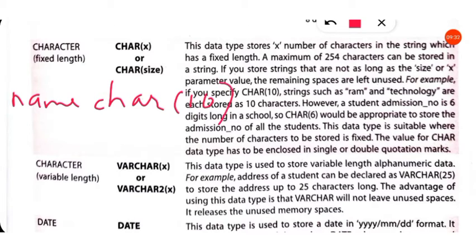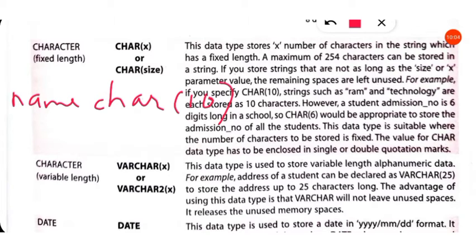For storing name, I use the data type char and its size is 10, so in the name column only names with a maximum of 10 characters can be stored. All the names with 0 to 10 characters can be stored in the column name.